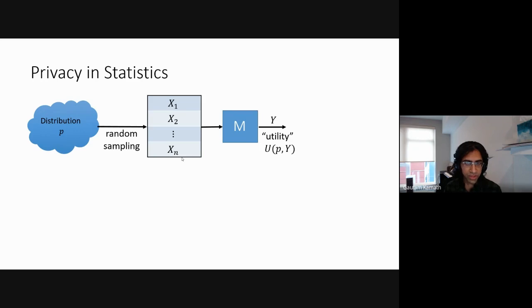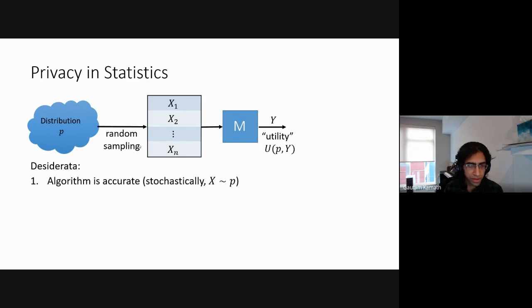Many non-distributional settings for differential privacy focus on getting good utility with respect to the data, but here we really care about making inferences about the population, the unknown distribution. So our desiderata in this case are twofold. The first is the non-private guarantee. We'd like the algorithm to be accurate, stochastically with high probability over the data generating process according to this distribution. This sometimes requires assumptions about P, say, for example, Gaussianity, which is what I'm going to assume for this talk, but I'll also mention that it holds under weaker assumptions as well.